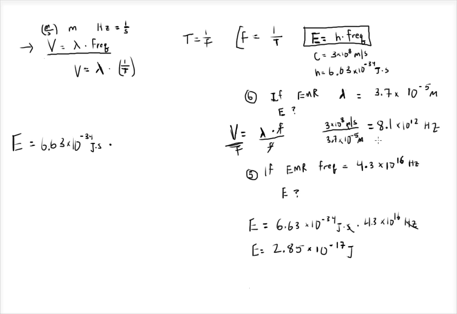We multiply that by the frequency we just got, 8.1 times 10 to the 12 hertz. Again, hertz are 1 over seconds, so the seconds times 1 over seconds gives you 1. You're left with joules. Plug this in your calculator. You get